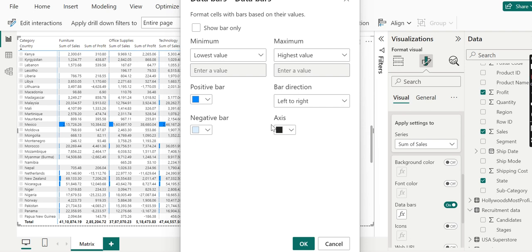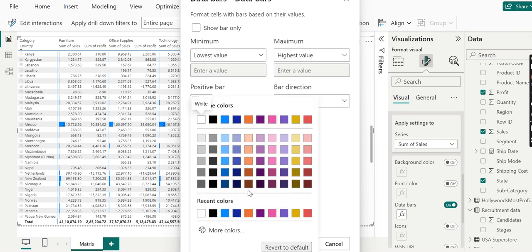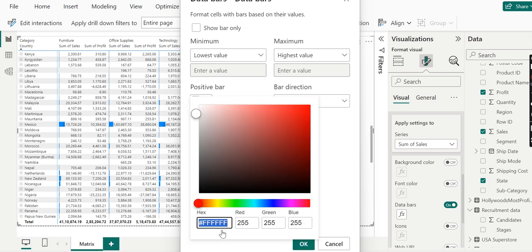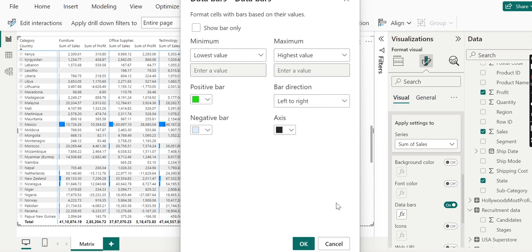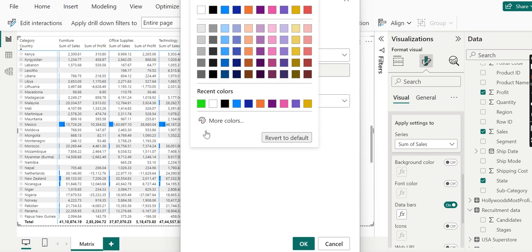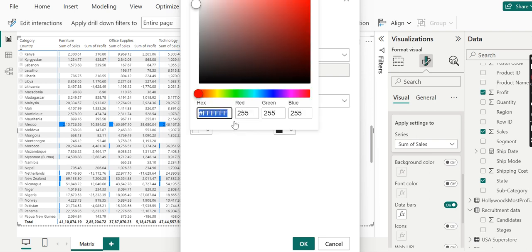Okay, if we want to change it, how can we do that? Like the positive color I'm going to show as green, and the negative color I really want to show as red.